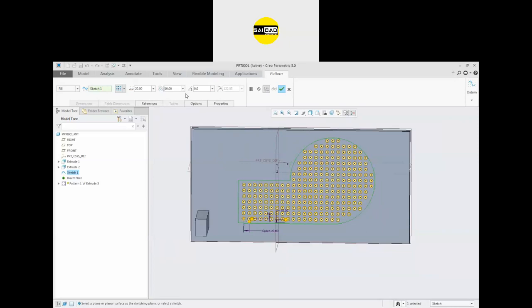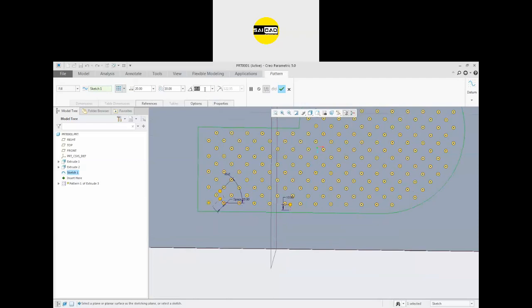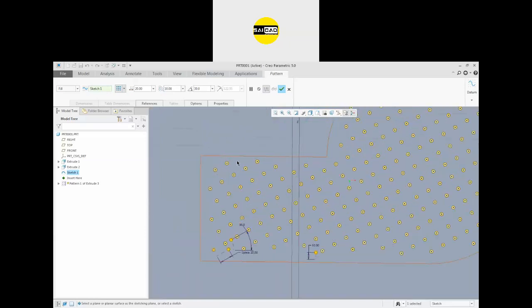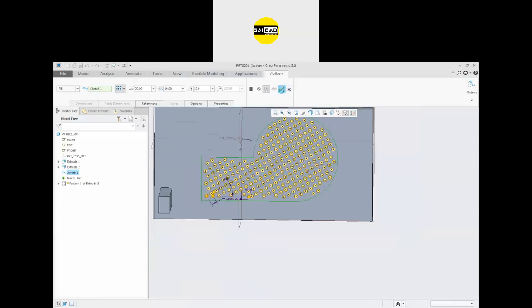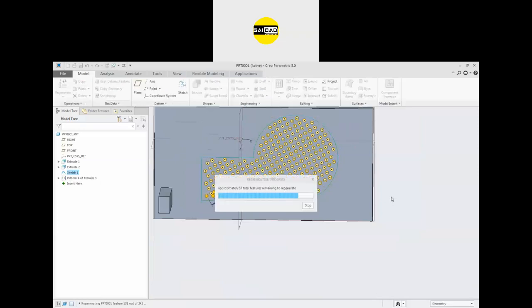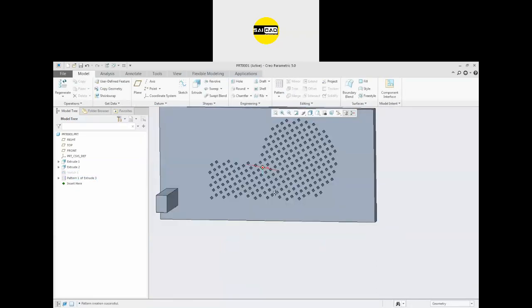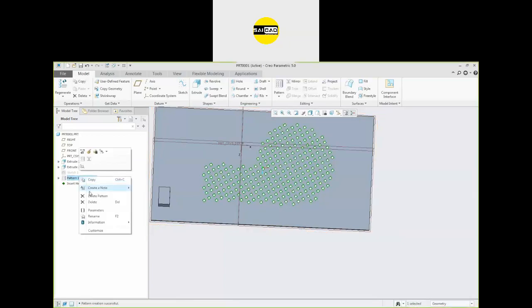Okay. So this is the angle. If you want to create them at an angle, then you can specify like that or like that. This is the angle. We will have some gap from here. Okay. These are the options. Just click OK and your pattern will be created like that. This is the fill pattern. You can create any shape and you can create a fill pattern with that. This is the pattern.